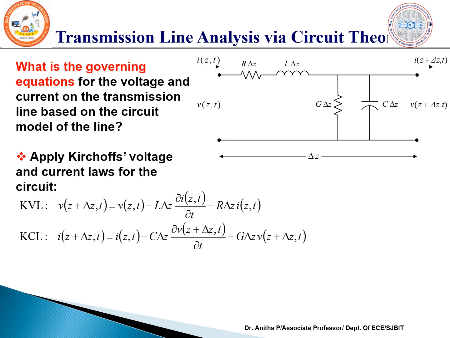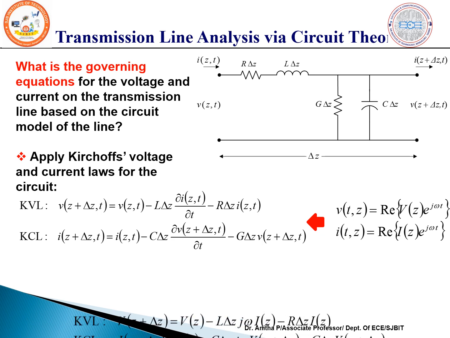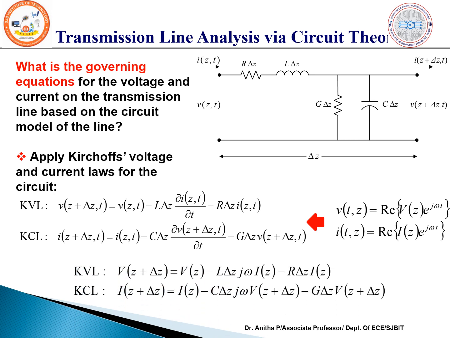According to KVL, we write the potential rise and potential drop across each and every element in a closed path, which must equal 0. According to KCL, at a node the current entering must equal the current leaving. By applying this KVL and KCL and imposing a condition of time-varying voltage and current, real part of e power j omega t, voltage and current e power j omega t,